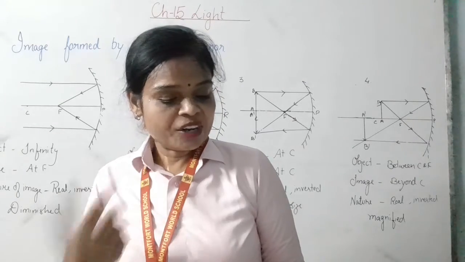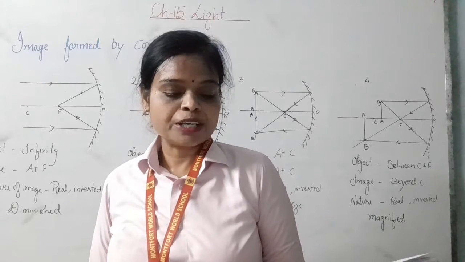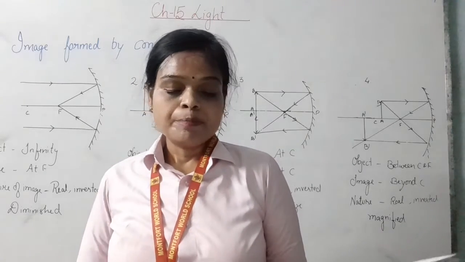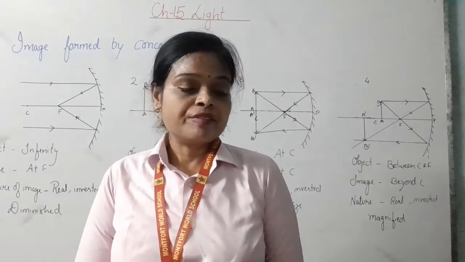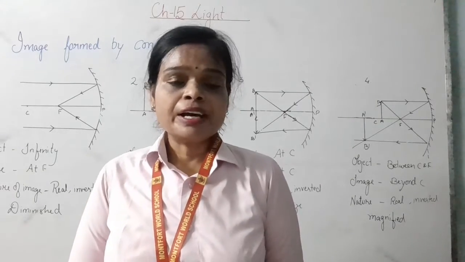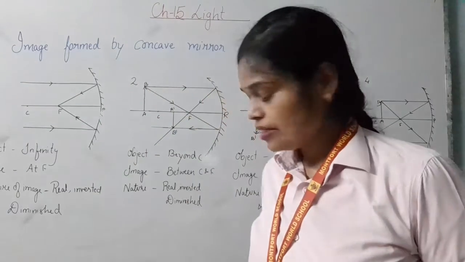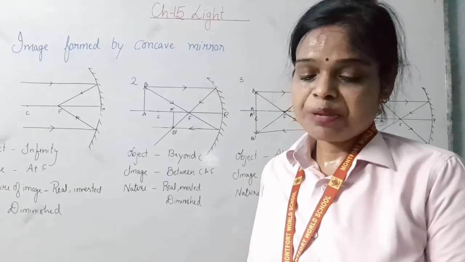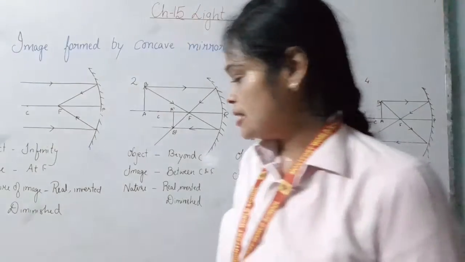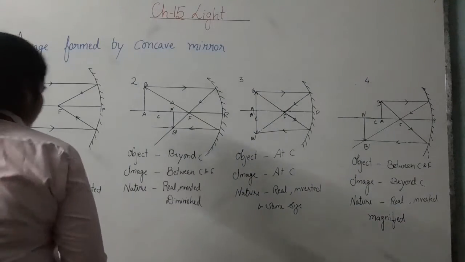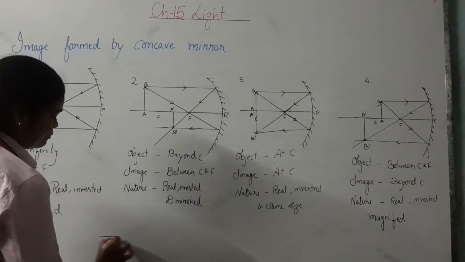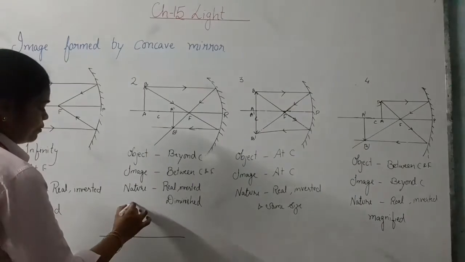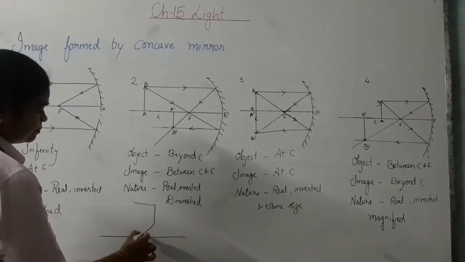Draw neat diagrams for the formation of an image of a plane mirror with a pencil placed on it. So we can draw a diagram where a plane mirror is kept, and in front of that keep one pencil, so an image will be formed of that pencil. It's like this. If we have placed a plane mirror here,